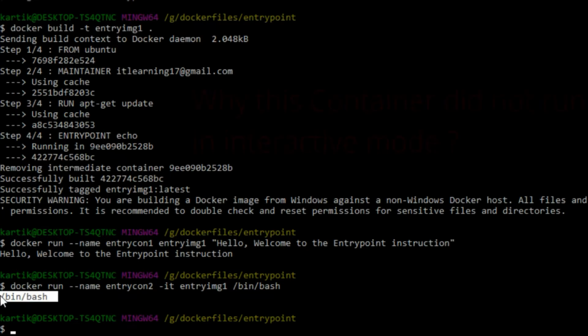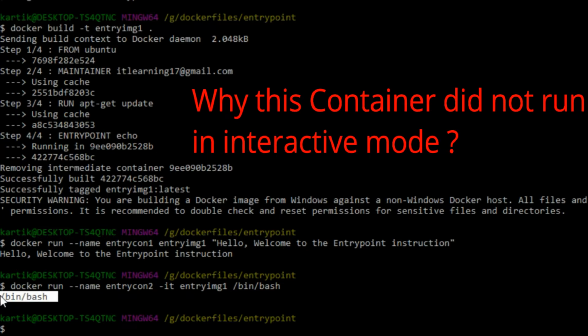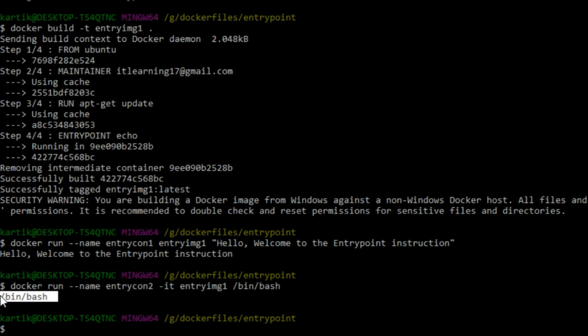So friends, could any one of you guess why this docker run command did not run the container in interactive mode? And if you are saying that this is because of the entry point instruction, then you are correct, friends. As we are now using the entry point instruction in our Docker file, the command /bin/bash, which is passed at the end of the docker run command, is not treated as an executable command, but instead it is treated as an argument to the echo command of the entry point instruction. And this is the reason, friends, why we got the output as message /bin/bash instead of getting the container's interactive